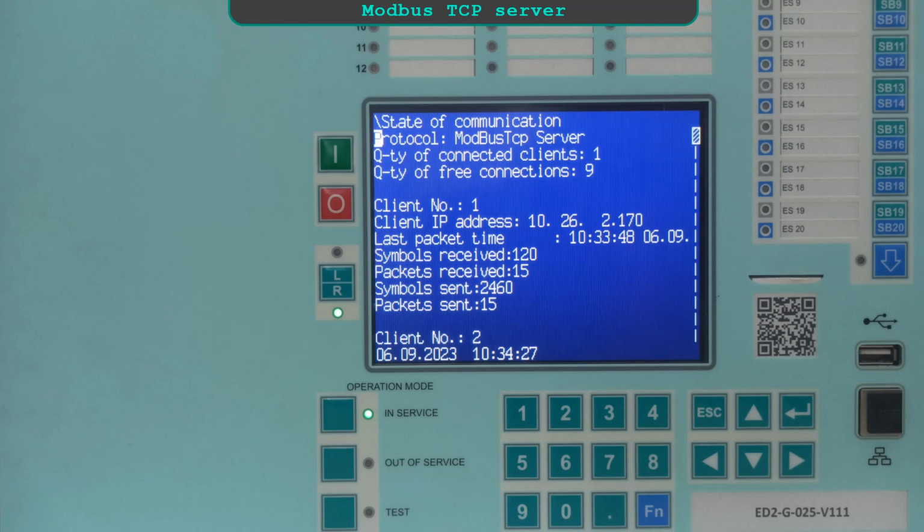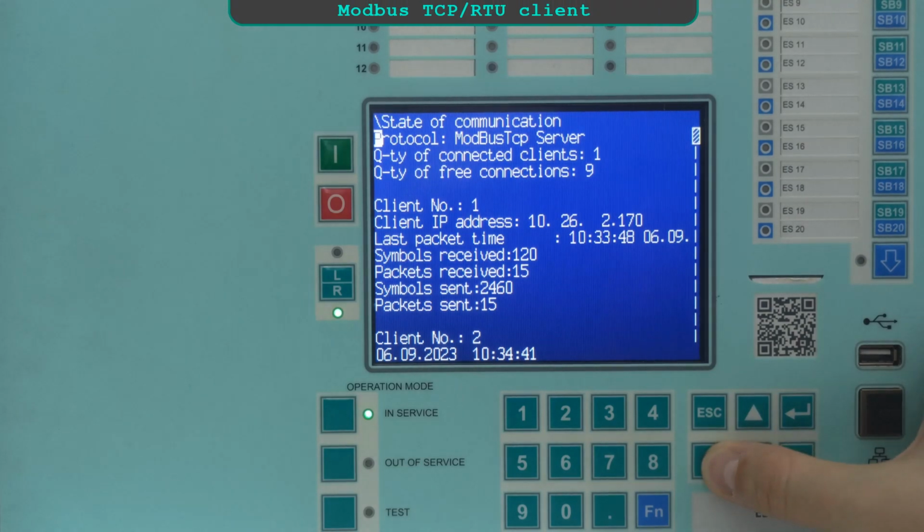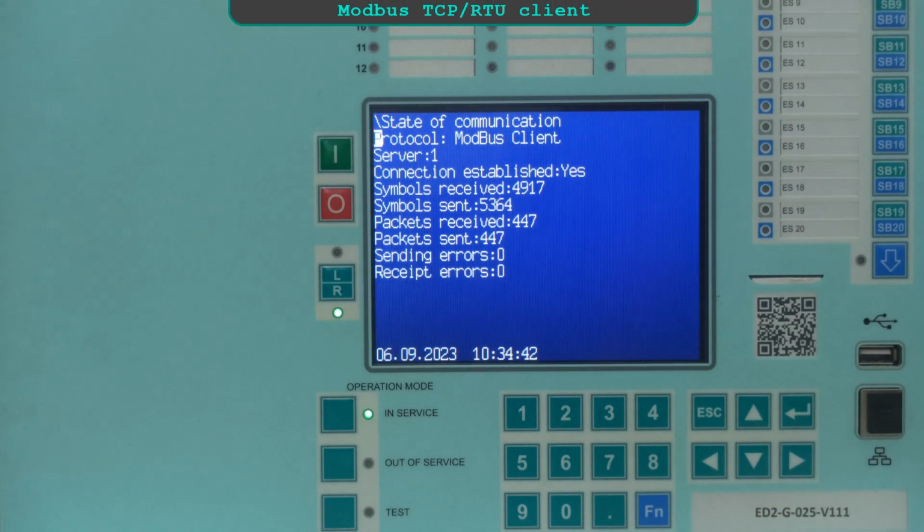Watch the video tutorial on operation of ED2 devices IED communication settings with PC to know how to check these parameters. For diagnostics of devices polling via Modbus RTU and Modbus TCP protocols, switch to Modbus client. This window shows the information on connected devices, as well as the values of counters for sent and received symbols